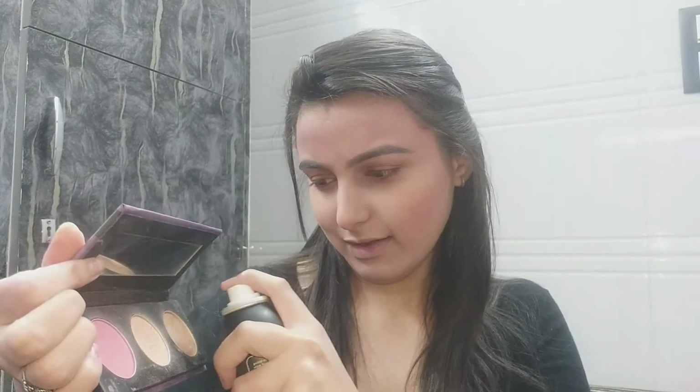I'm just nervous for this. I'm taking this makeup fixer which is from Forever 52. So I'm just spraying it. Okay, so I'm taking this brush, this contour brush, and no, I have to be very quick because it is